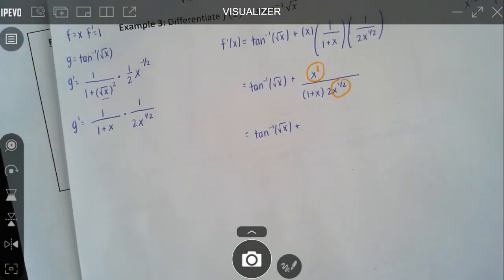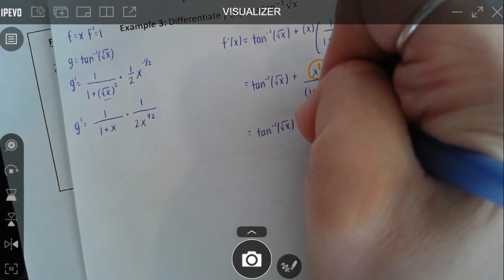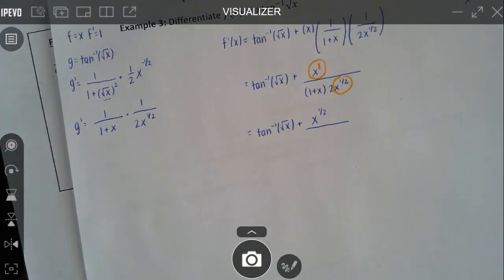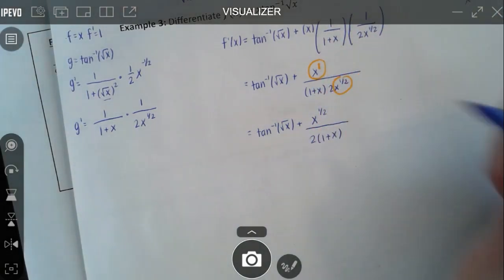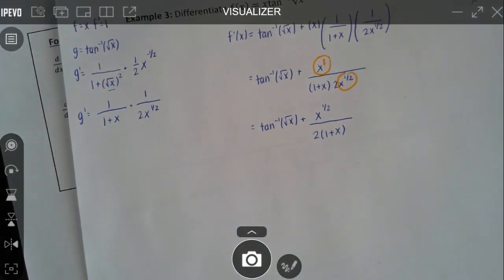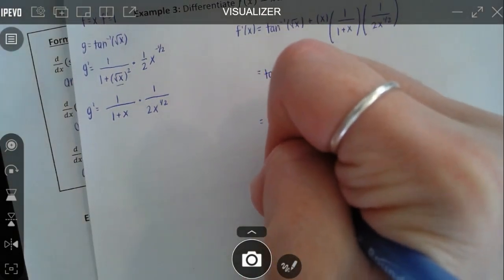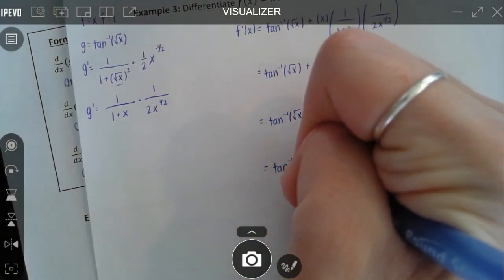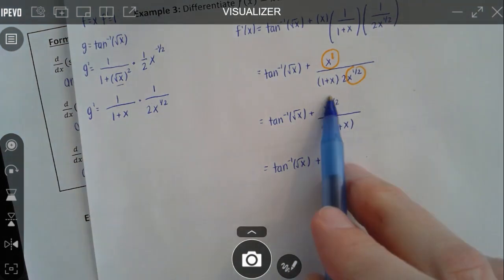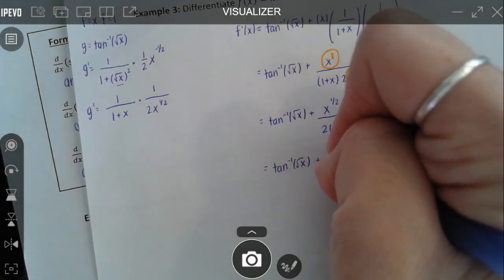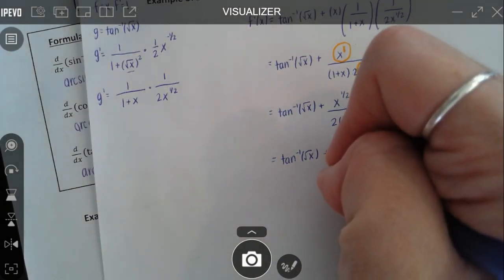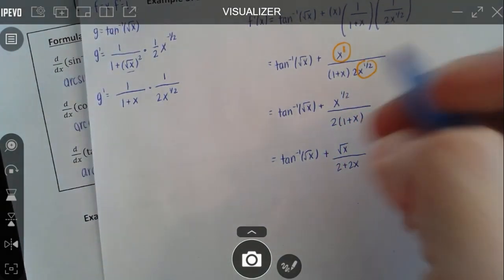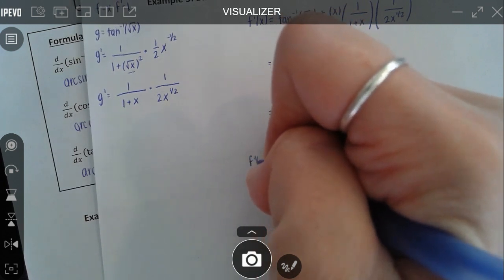So bring over the inverse tangent of x. I'm simplifying this to be an x to the 1/2 just in the numerator. And then I still have a 2 in the denominator, and I still have a quantity of 1 plus x in that denominator. So if I wanted to make this look even prettier, I could, meaning I can turn this back into a root. So I can turn that into the square root of x. If I wanted to distribute out the 2 here, I could. So you could write that as 2 plus 2x. And that would be